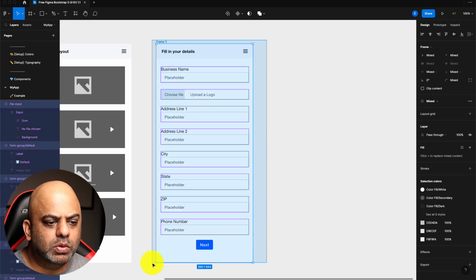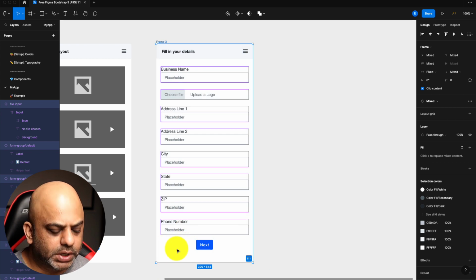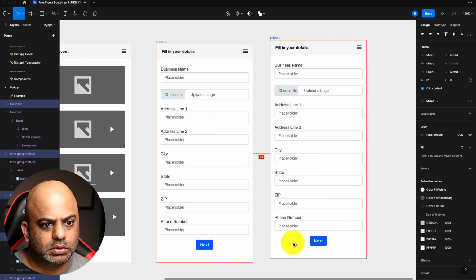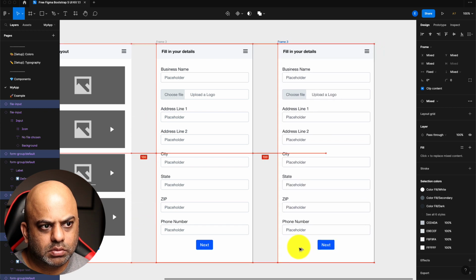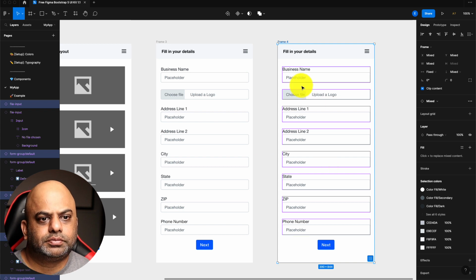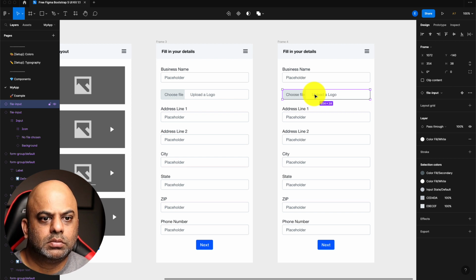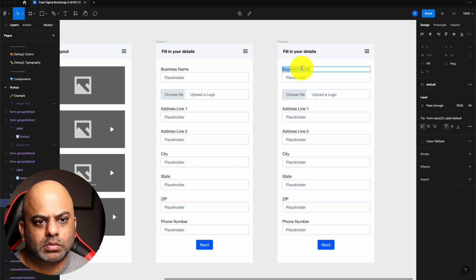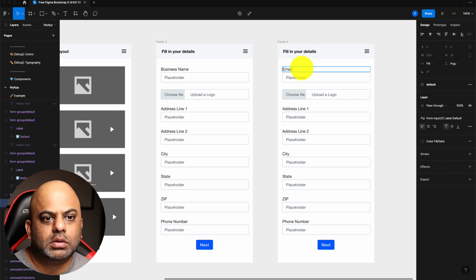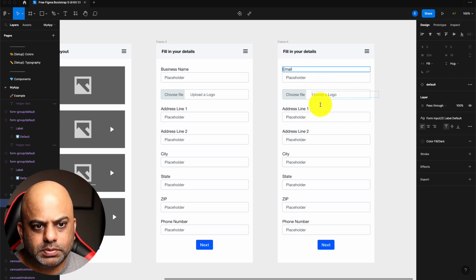That's going to be like more information for the website itself. So I'll do email here.